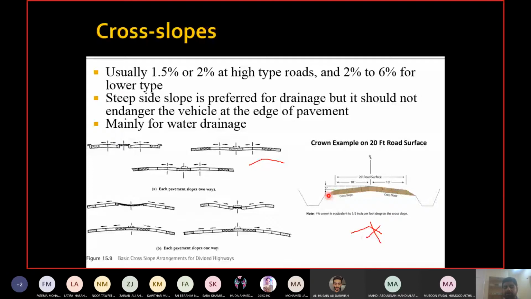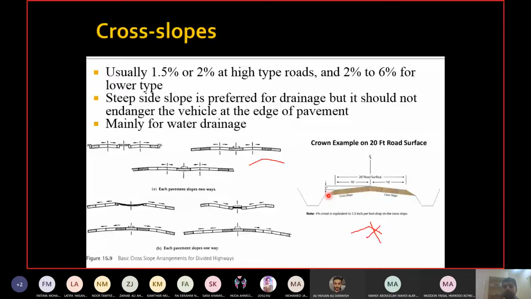For example, last time I gave the example of median. Side slope is the same thing. Side slope is not to be used by the vehicles. If an out of control vehicle goes into that area, then the driver, because he is going out of the pavement, is on a steeper gradient, and the surface is very rough, so he will have the warning. If he is not paying attention, now he will become attentive, and since he is in that area where there is nobody else, he doesn't have to worry about hitting someone or something, and he can focus on stopping or regaining control of the vehicle. So it can also act as a recovery area.